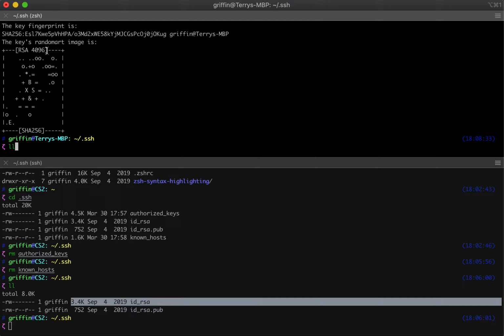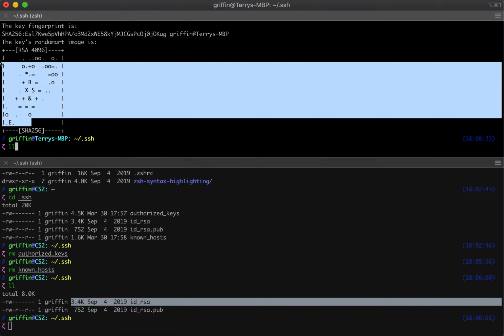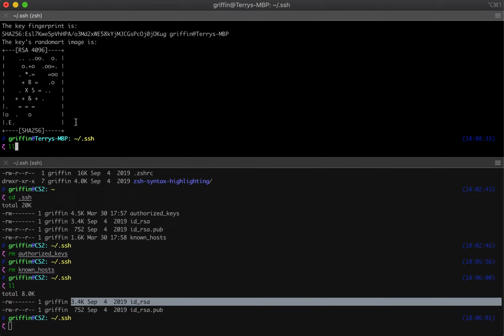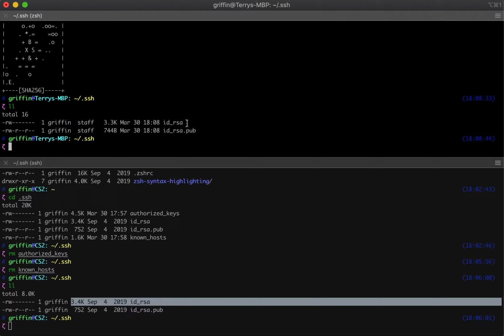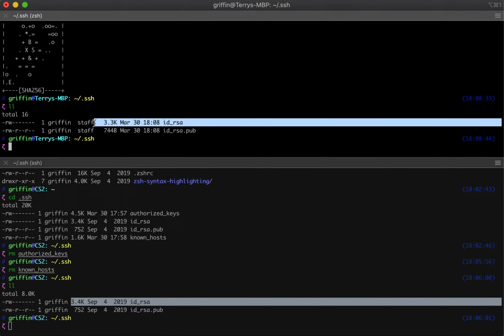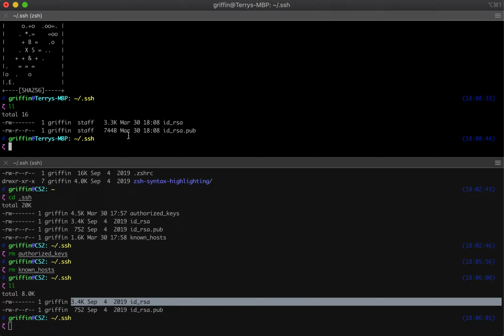So this time, block size of 4096. This stuff is just like a visual. I'm not sure exactly what it is. I've never looked into it. I've just ignored it. But now we've got a much bigger file size. It was 1.8K before, so now we've got the bigger key,